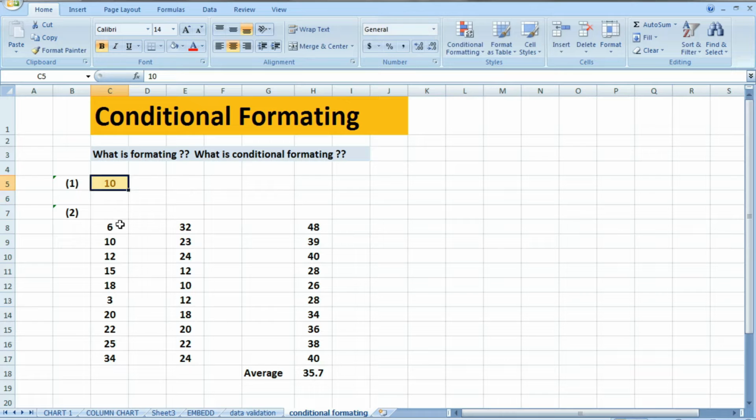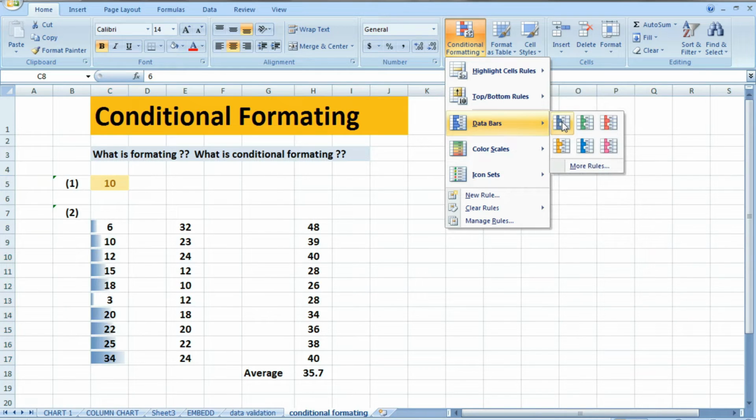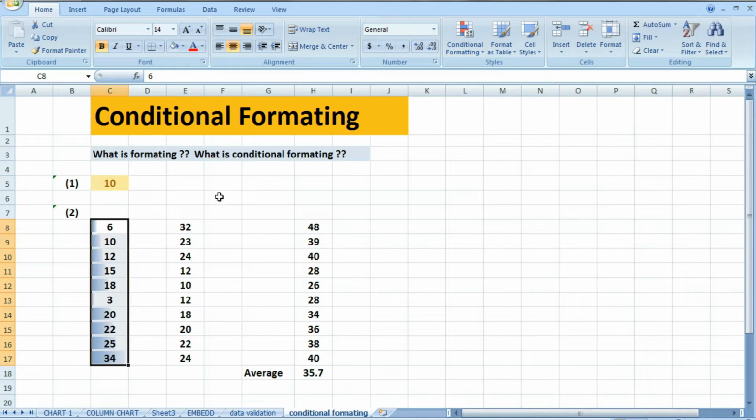Now second, suppose this is the data. Now you want to highlight the data with bars, right? So you can go here, data bars, then see the grid lines are shown. See here color is changing. See like this. Here the grid line is longest when the value is more.